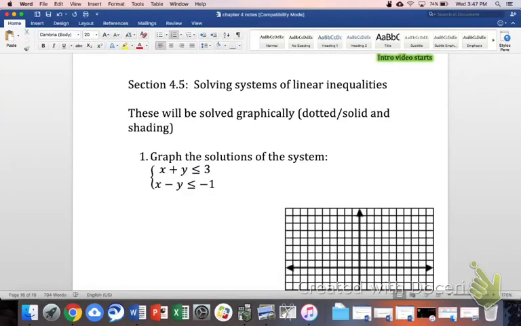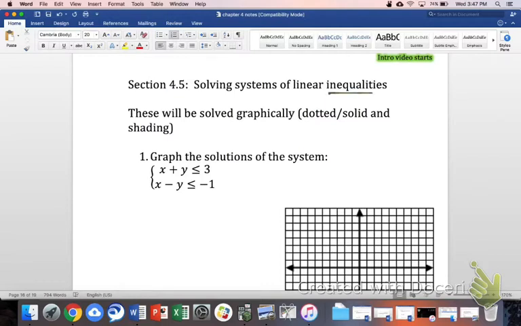This is the intro video for Algebra 1, Section 4.5, and we're going to be solving systems of linear equations. We are going to do one example of this together. When you come to class, we'll do several more. Okay, so we have solved systems of equations quite a few times at this point, but now we're going to